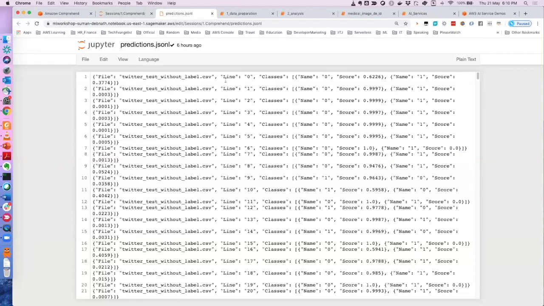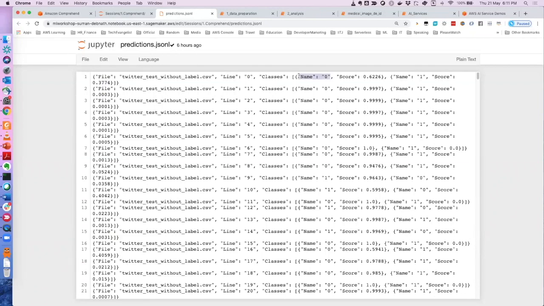If you see the first line, there could be only 2 classes, right? Class 0 or class 1. But the first element is always the class which contains the maximum probability. So for this first line of tweet, it figured out that it belongs 62% to class 0, and 37% to class 1, right? So then what would be the actual class label of the first line?